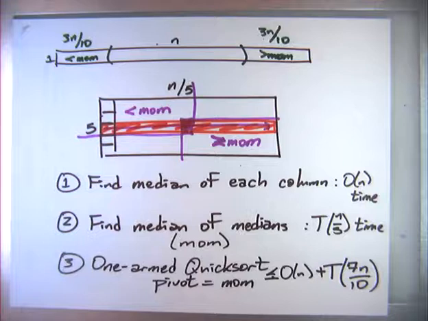The way that I'm going to do that is I'm going to imagine that instead of just picking out the median of every column, I actually sort the columns from top down. And I'm going to imagine that in step 2, when I find the median of medians, I'm actually going to sort the columns using their median as the key value in increasing order from left to right. I don't have to pay for the sorting because the algorithm isn't actually doing it. Okay? All right, so I'm going to do this one more time.